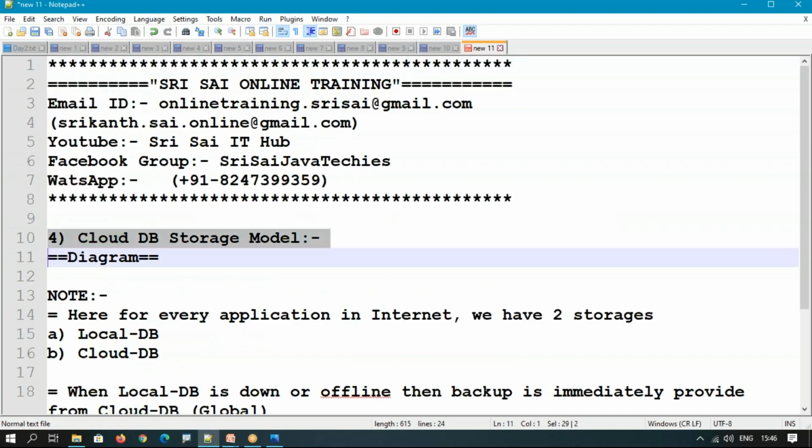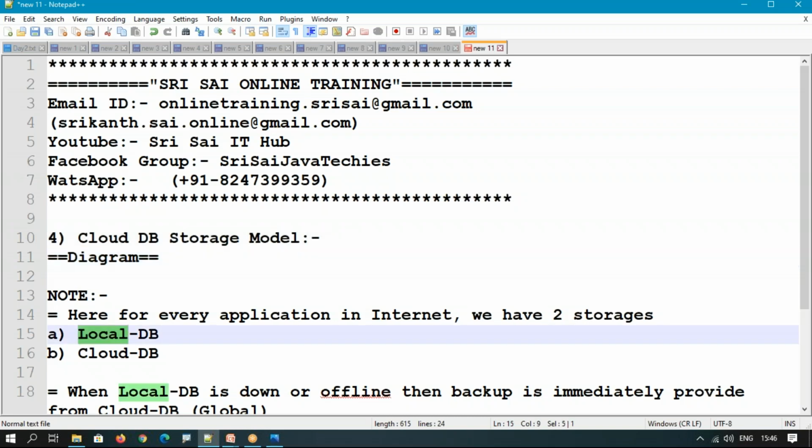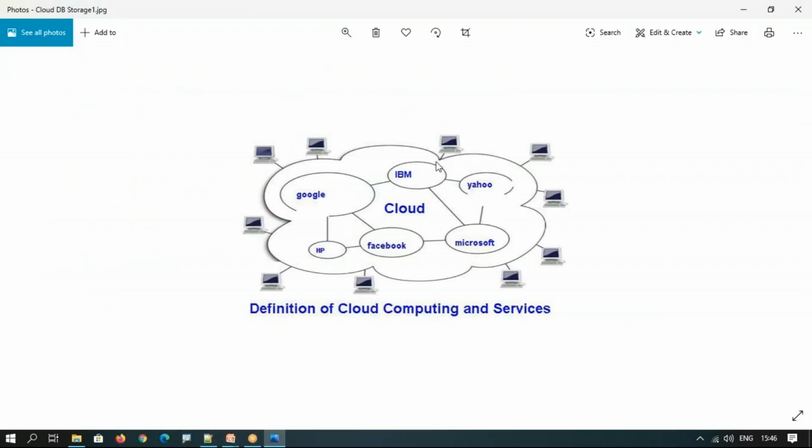Right. The fourth type of database storage model is the cloud database storage model. In cloud database storage models, we have two storages, local database storage as well as cloud database storage. Now what is this local database storage? For example, if we see this diagram, here we have Google server, HP server, Facebook server, Microsoft server, Yahoo server and IBM server. So all these servers will be interconnected together to form a cloud